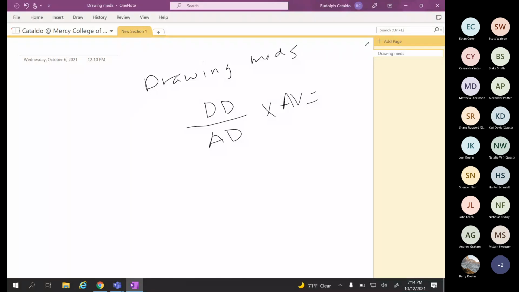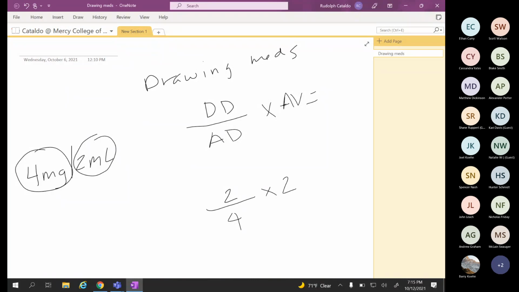Zofran comes in 4 milligrams in 2 mLs, and you are ordered to give 2 milligrams. So your desired dose is what's ordered. They want you to give 2. How many do you have total? I have 4 that is available. And then times available volume. My available volume is 2. So times 2 equals,